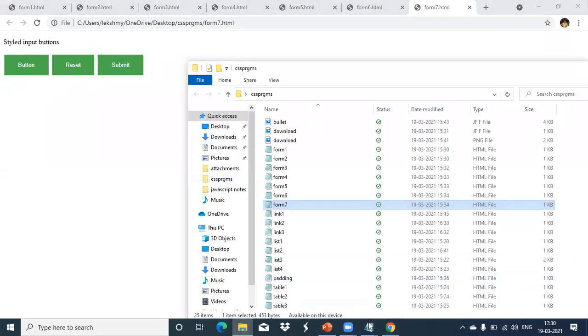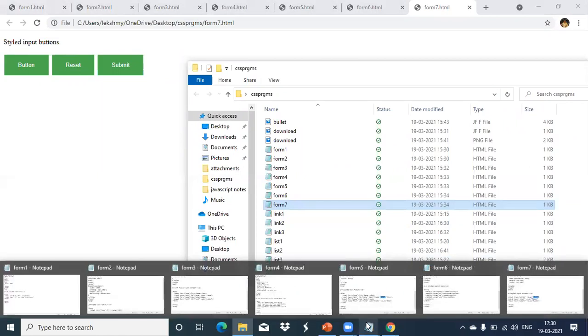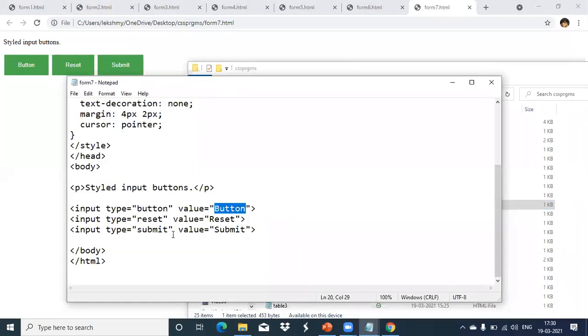That's it. If I click on that, I think it will work, because I have not given any logic to perform. We just created 3 buttons. And the names for these buttons are not always this type name only. See, the button type, or input type, it is button, reset, submit. What value you want